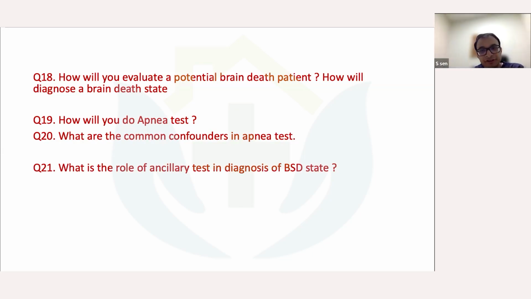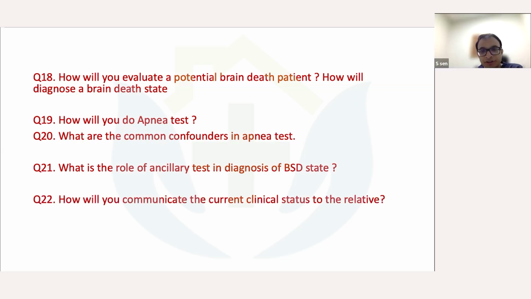What is the role of ancillary tests in diagnosis of brain death state? Do you know any ancillary test to diagnose brain death state? Is there any other name for this test? So they are called standard ancillary tests. This diagnosis, brainstem death, is one important thing that each and every intensivist needs to know, and there are very standard criteria for diagnosis of brain death patients. This is a very common question even in the EDIC type 2 and European exams. Thank you for asking. Just go through that.